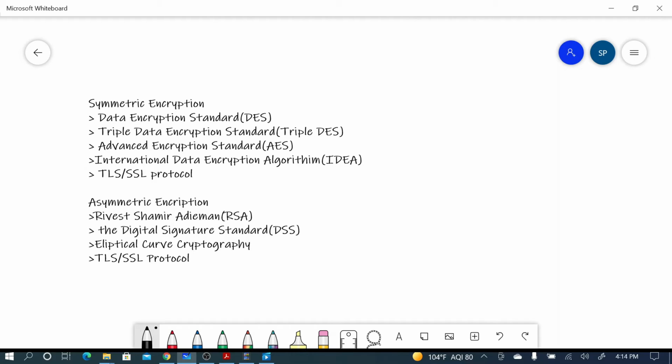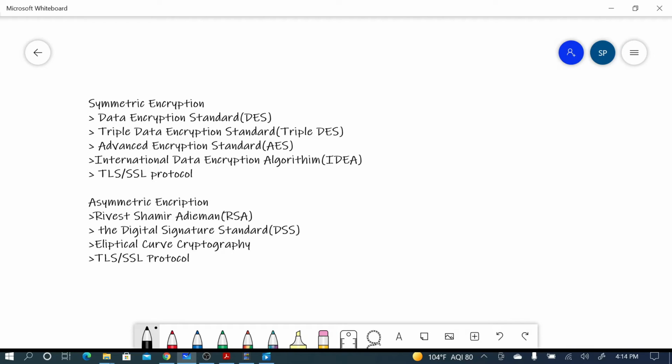So next is the triple DES encryption. That means DES encryption has been performed 3 times and it is a more secure way, and most organizations are using triple DES encryption. And the third one is the Advanced Encryption Standard, which uses the newest technology for encrypting the message. And the last one is the International Data Encryption Algorithm.